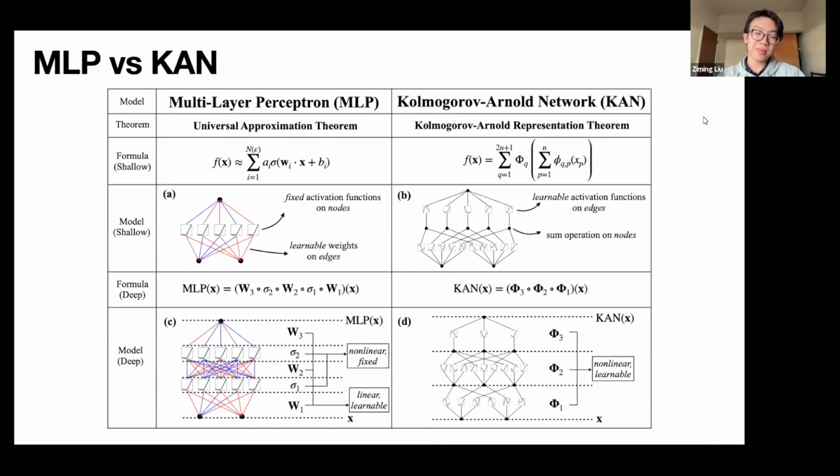So to make it more explicit, we want to compare explicitly between MLP and KAN. For MLP, its math foundation is the universal approximation theorem, but for KAN, it's something different: the Kolmogorov-Arnold representation theorem. And if you write down the formula, you would notice the difference, because the universal approximation theorem has this n epsilon trade-off. If you want to achieve some tolerance, some error epsilon, then you need a wide enough neural network.